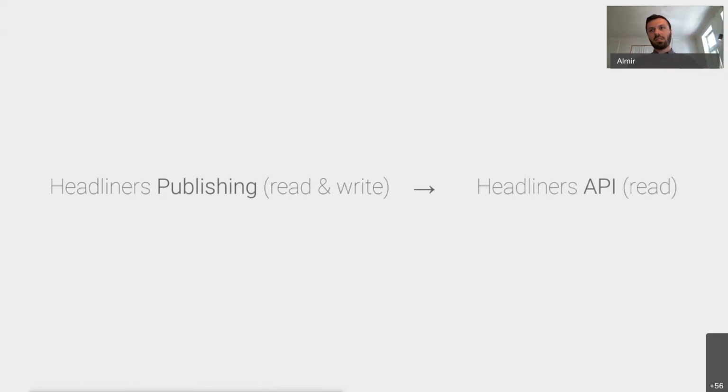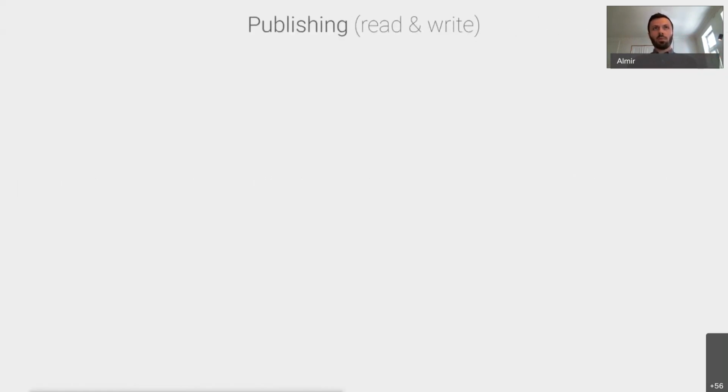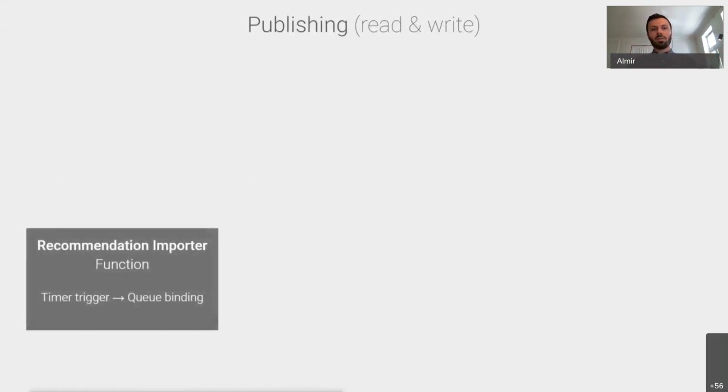So if we zoom out on a more technical architectural level, I guess the topmost level, we have the workflow where we do both the reads and the writes. And then we have the API itself, which is a purely read API. So if we zoom in on the publishing part and look at the leftmost Azure function,